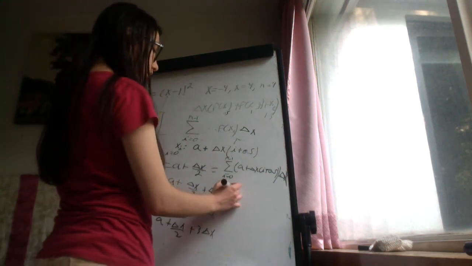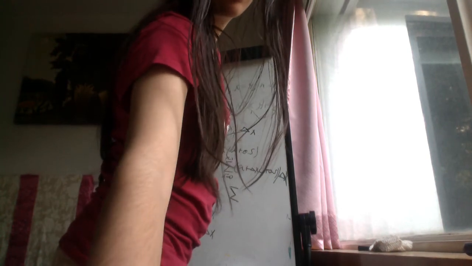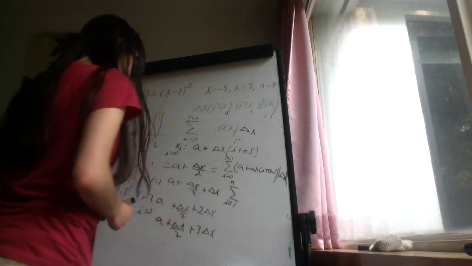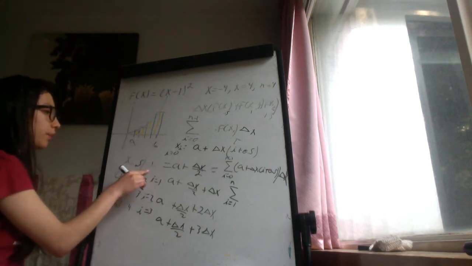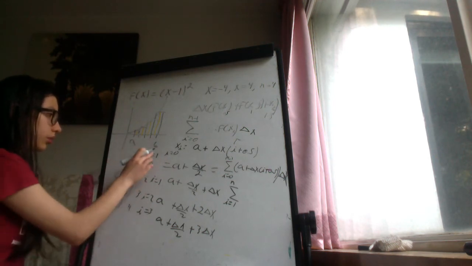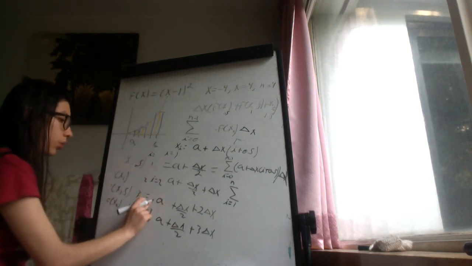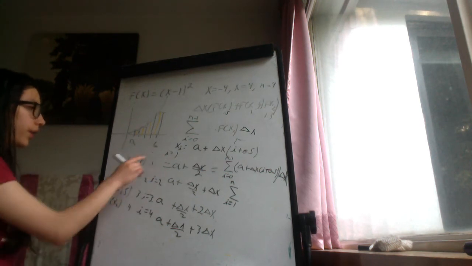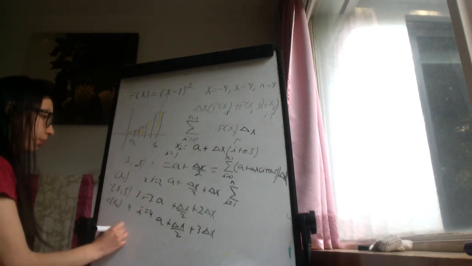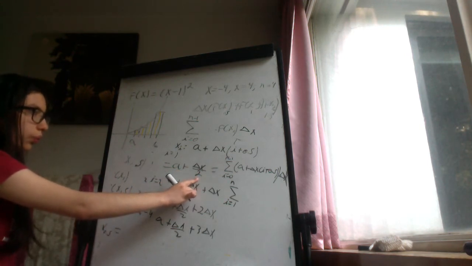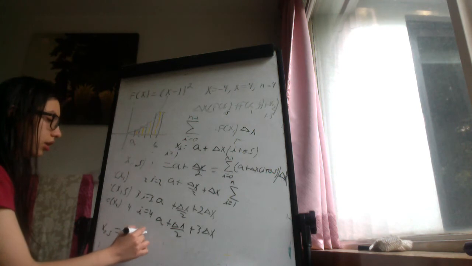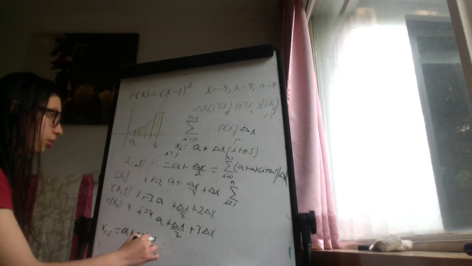Now, if we want to move it to the summation from I equals 1 to n, this would be now the first term, that is x sub 0.5, is I equals 1. Actually, let me correct this. This would be 1, 2, 3, and 4. So in the first term we have I equals 1. In the first term, we want that our x sub 0.5 be equal to a plus delta x over 2. How do we do this with a formula? We would need to put a plus delta x times I plus